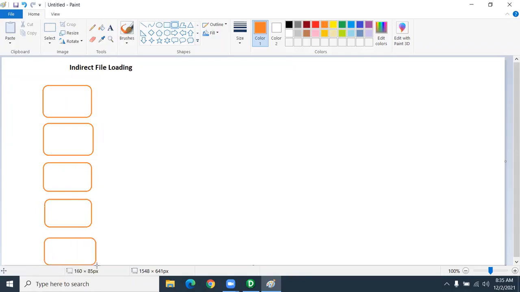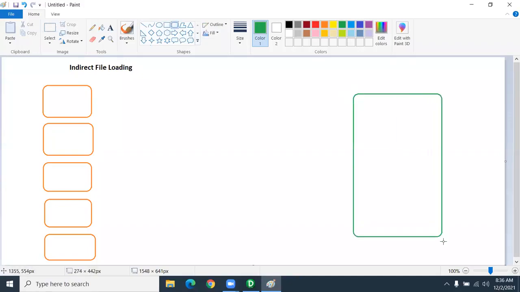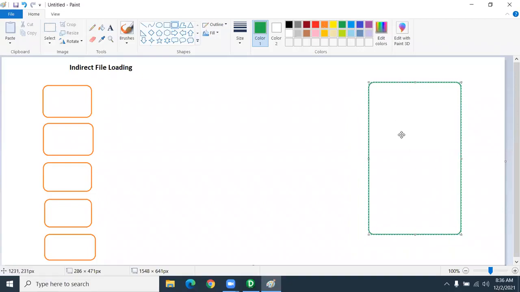So different data we have. See, all the files contain different data, but the same structure. If it is an employees table, it's employee 1, employee 2, employee 3, employee 4, employee 5. All the flat file data, we have to load into a file or table. So in this table, we have to load it. So this is called indirect file loading. Since all the file structures are same, no need to create 5 different